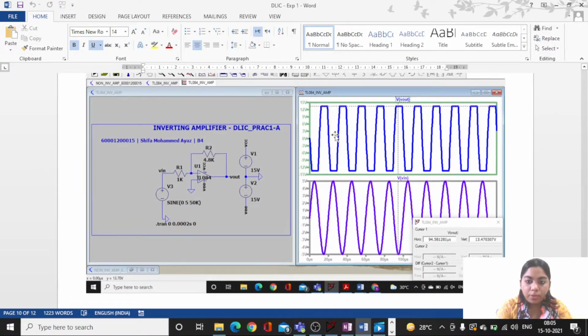I've shown clipping over here, but this particular waveform is not a regular sine wave, it's actually sort of a triangular wave. Since I've selected such a gain, my op-amp is driven into saturation, so you will see a triangular, ramp sort of waveform at your output, where you will understand your op-amp cannot handle that particular frequency.